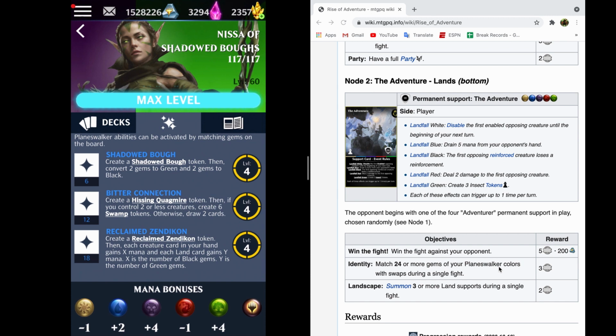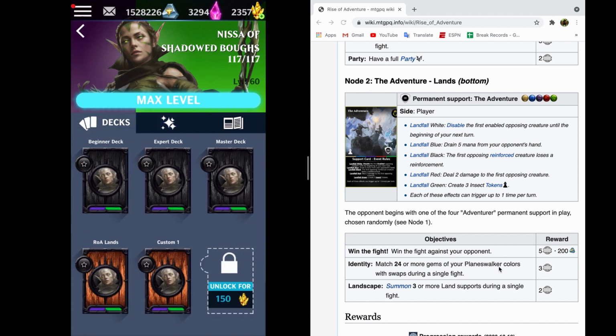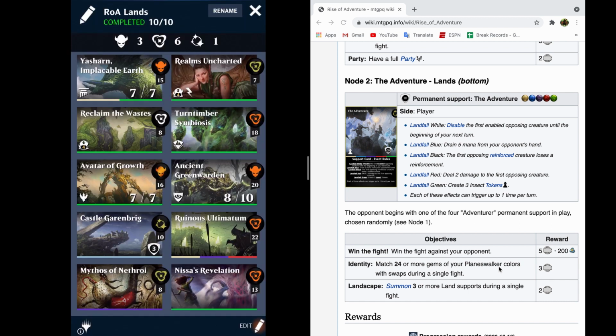She makes it so that you can just run whatever deck is going to best fit for this particular node for you, and she's going to be able to enable you to take care of both the objectives with what she has. You'll notice that the cards that I'm using in this are pretty much the cards that I suggested earlier in terms of running cards with land forming between Yasharn and the Avatar of Growth, Reclaim the Wastes, and Turntimber Symbiosis, but then I've just thrown in some more removal cards because removal is important and some more card